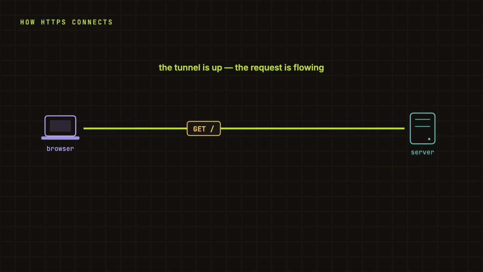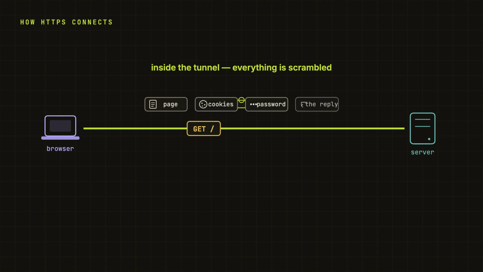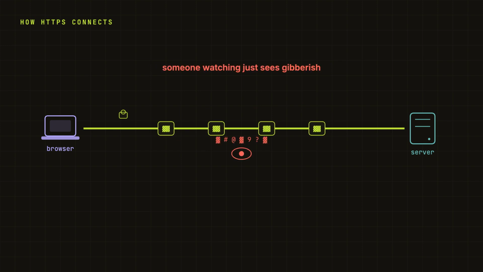So the tunnel is up, the request is flowing. What does that padlock actually protect? Worth being precise here, because this is exactly where people overtrust it. Inside the tunnel, everything is scrambled. The exact page you asked for, your cookies, your passwords, the reply that comes back, someone watching the network just